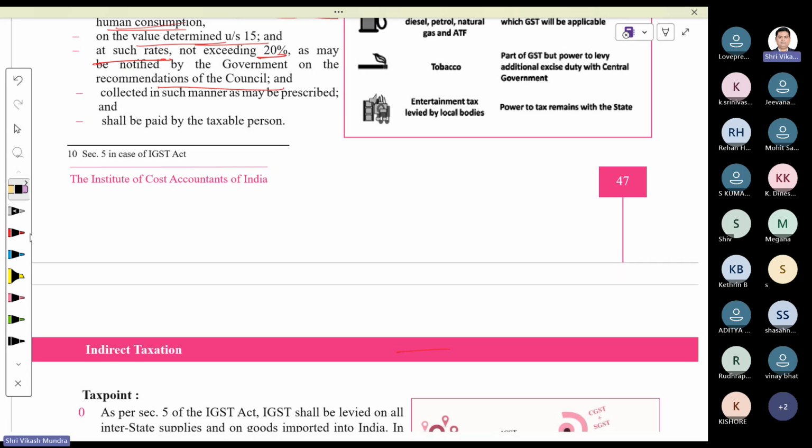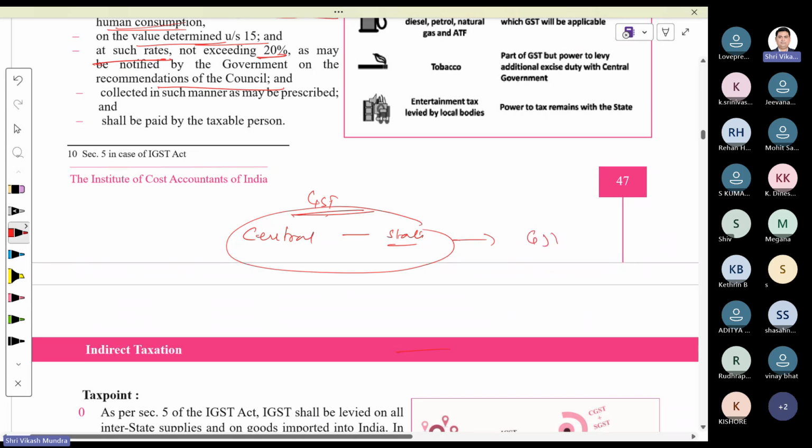Try to understand who is levying GST. Can I say that central as well as state governments, all state governments combinedly handle the GST law? Yes or no? Central as well as all state governments jointly execute this GST. Yes or no? Like income tax, if you want to amend anything in income tax, central government will